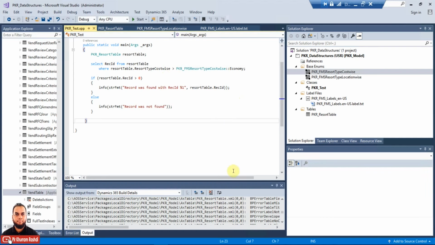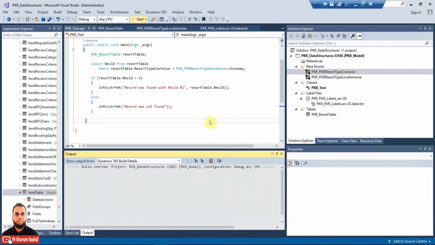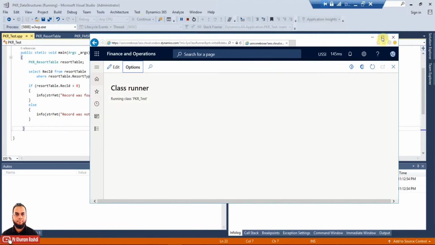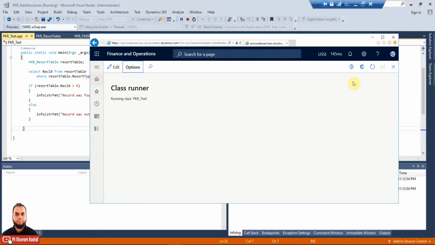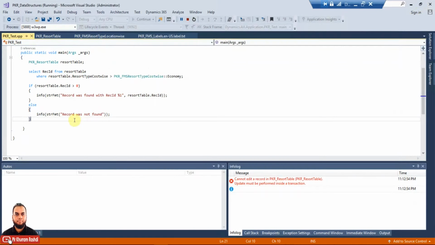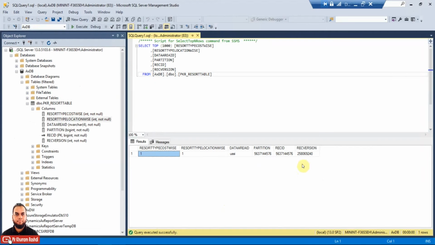There is some random error sometimes, so we'll just start once more. We can see in the info log at the bottom of Visual Studio that the record was found, with the rec ID also returned here, and that rec id is already present here.